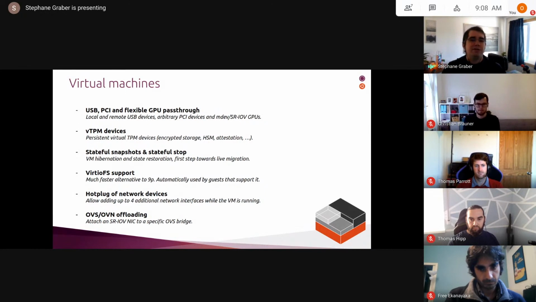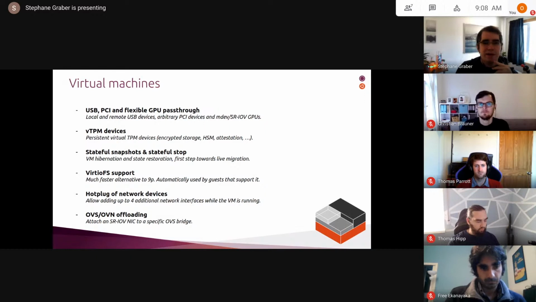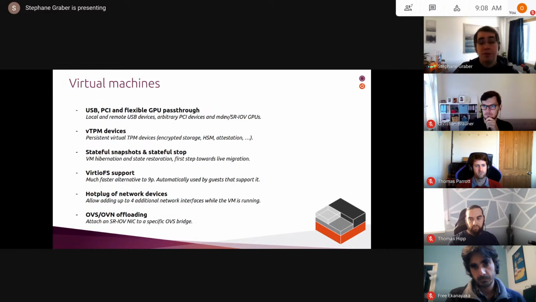And the last one is around GPU pass-throughs. Right now, we support passing through an entire GPU, but a number of GPUs, including some of Intel's embedded GPUs, can support either MDEV or SIOV, which lets you slice your GPU and then pass a slice in. Just to clarify there, it's primarily for compute, encoding, and decoding. You can technically do rendering against it too, but you won't get a GPU output. You can't say, I want the VGA port on my laptop to be tied to a VM, for example. That's not something that GPUs commonly support, but it will still be quite useful.